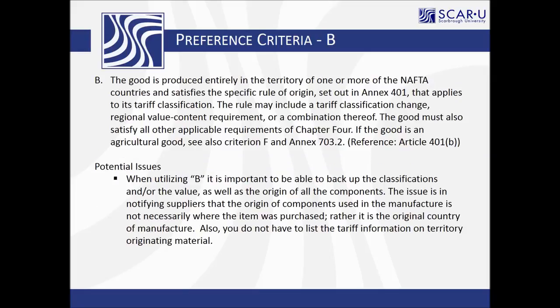B, the good is produced entirely in the territory of one or more of the NAFTA countries and satisfies the specific rules of origin that apply to its tariff classification. How many people use B? Should be most of you, would be my assumption. So B is when we get into the conversation we had earlier about going through the process of qualifying each individual part,